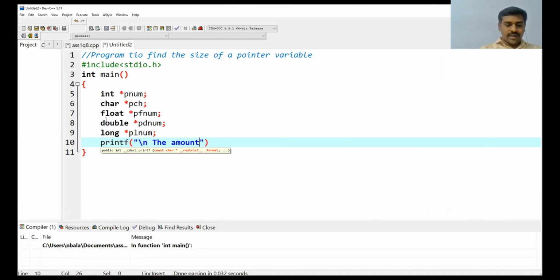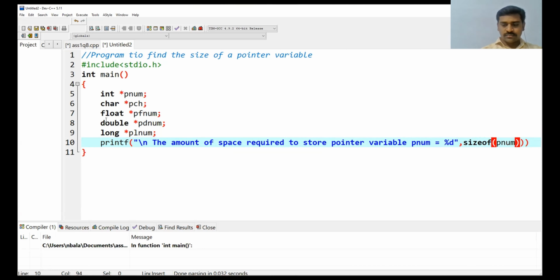The amount of memory required to store pointer variable pnum is equal to %d, comma. Here I have to write sizeof, what is our variable? pnum. Sizeof pnum. Now write a semicolon at the end.